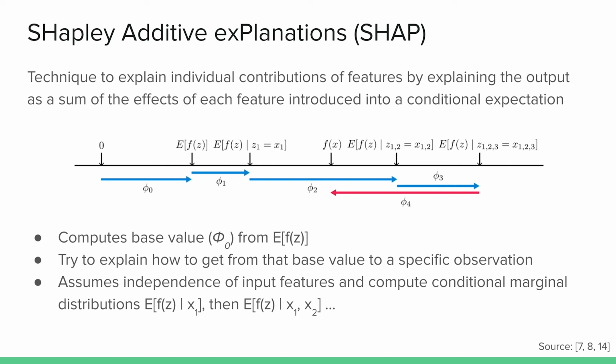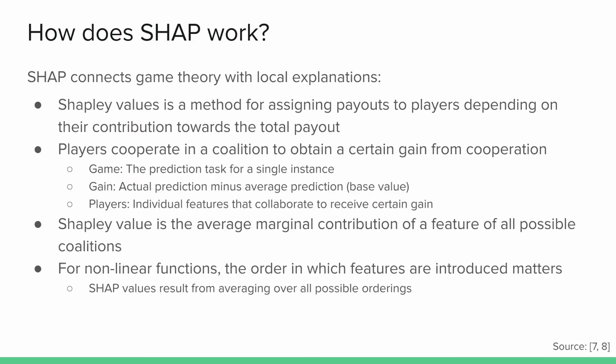In this diagram, you can see one ordering of, say, okay, well, first take that feature into account, then this feature, and then that feature, and then try to come up with the basic values, that is, how much they contributed to this. Of course, when the model is non-linear, the input features are not independent. So what happens with SHAP is that they compute those values and then basically average them across all possible orderings. So it's a connection between game theory and local explanations in such a way that the